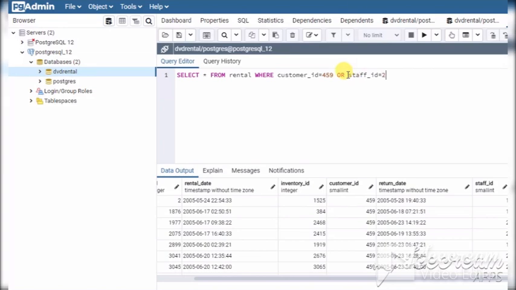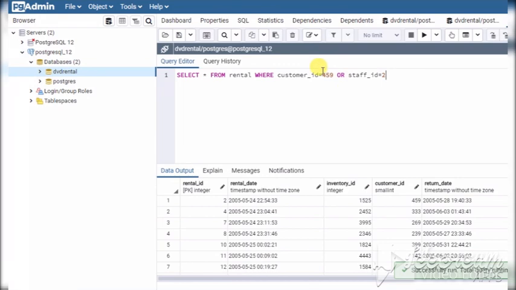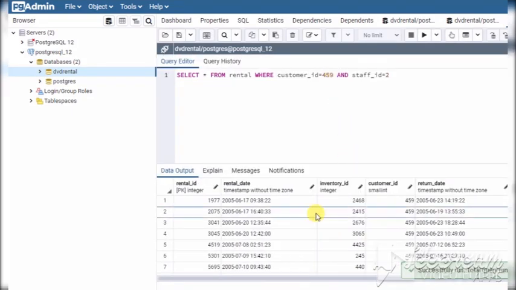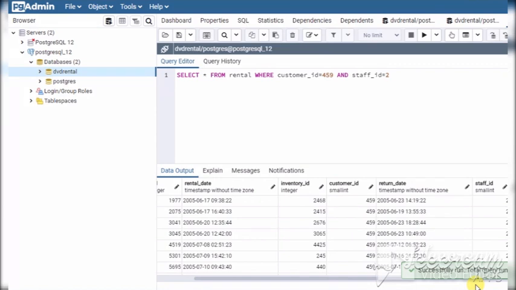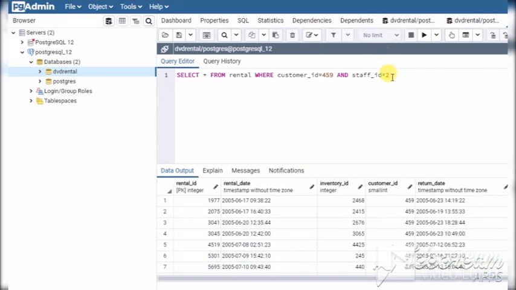It will display all those records where customer ID is 459 or staff ID is 2. Or we can also write an and clause, and this will work in a similar way. So this is the where clause where we can write as many conditions as we want.